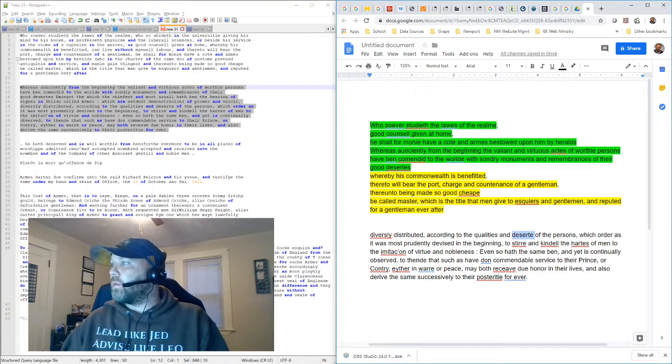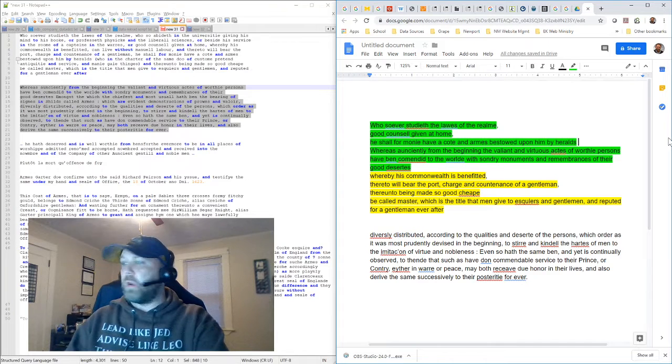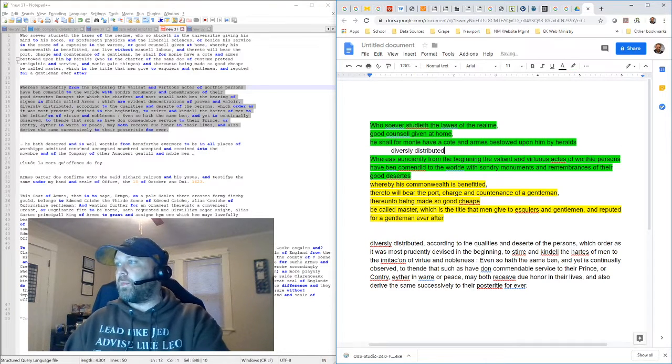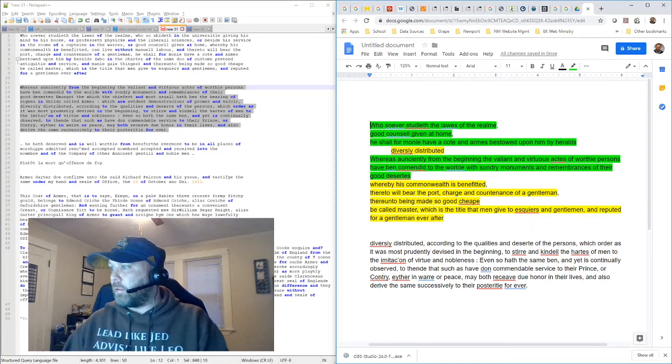Anyway, so talking about the coat of arms, diversely distributed according to the qualities. And I kind of like this, and so this goes with this other line up here. So what I'm going to do is put it up there, paste it down below, and then highlight it in yellow. So again, we've got the individual points here, and then that one thrown in underneath the green, according to the qualities,